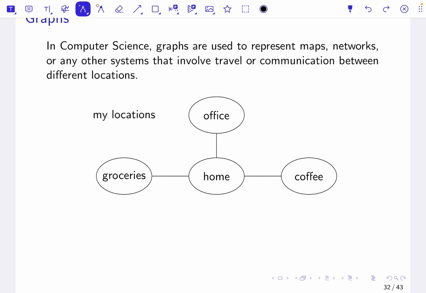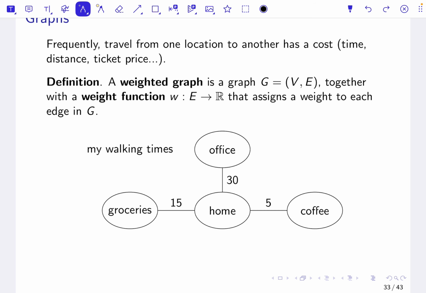I talked about this already. In the transportation metaphor, frequently travel from one location to another has some sort of cost, like takes more time to get from one place to another, you have to traverse a greater distance, you have to spend more money. This happens often enough that we have a tool to represent situations like these. A weighted graph,